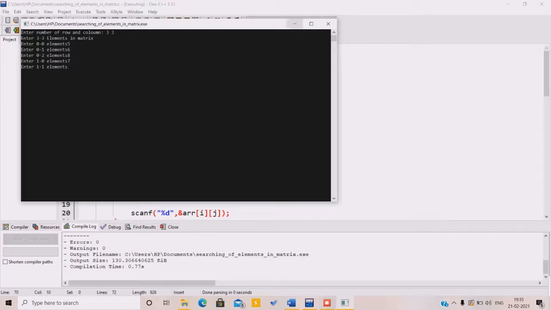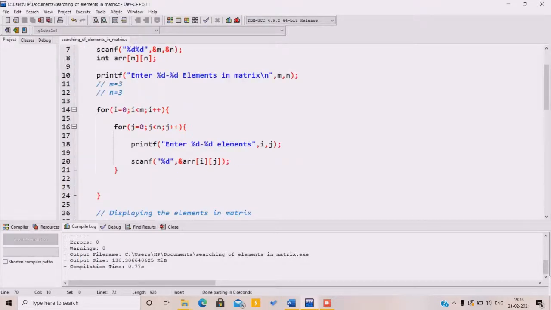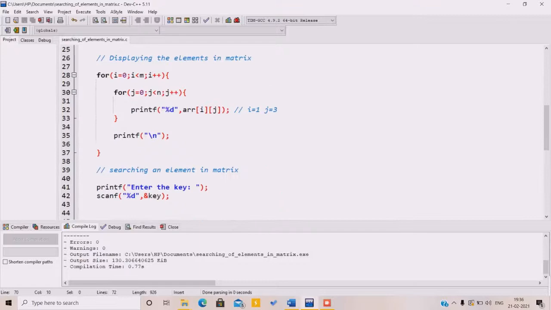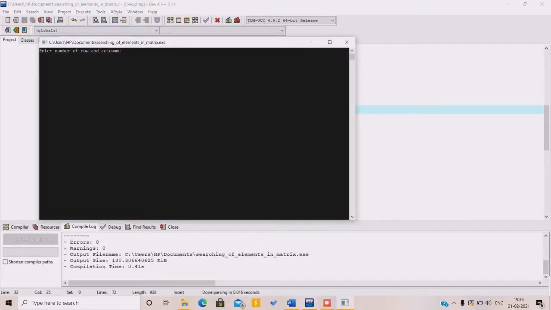But we are doing something wrong, because this is the part we forgot. We have to put in a space, because if we do not give the space, then two numbers are not separated from each other, and we can't see the elements in the form of a matrix. So now this is correct.